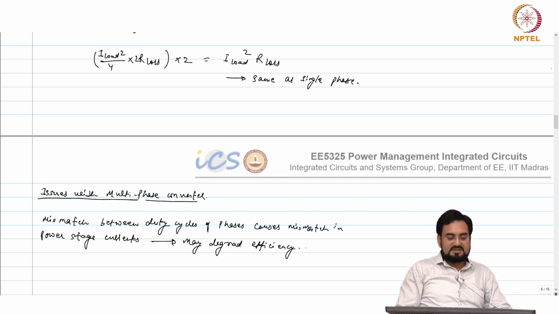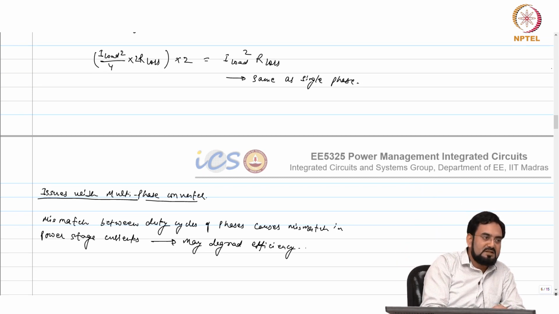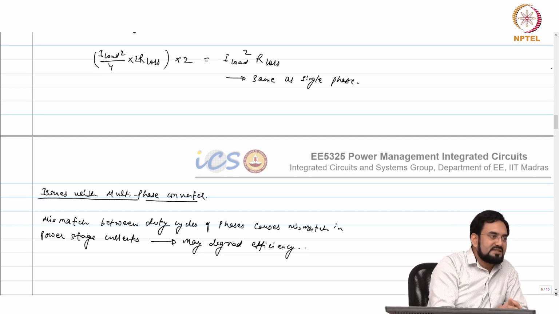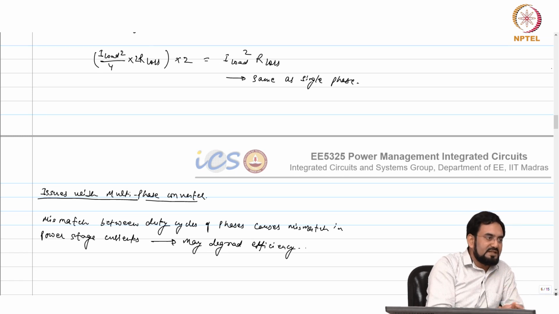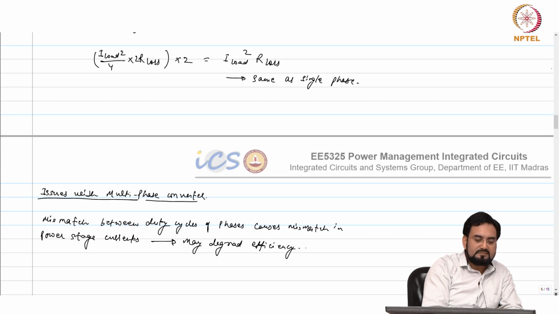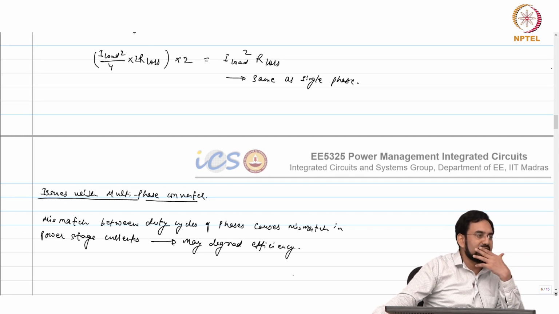So think about this. Let's say this duty cycle mismatch is in such a way that instead of carrying 500 milliamp each, one goes 600 milliamp, other goes 400 milliamp. That may happen. So the one which is carrying 600 milliamp will see a higher loss, other will see a smaller loss. On an average, it is quite possible that average loss may be higher compared to if they are equally split. Okay. So that is why we require current balancing here, which means you have to ensure that, and we know that it is because of the duty cycle mismatch, you have to match the duty cycle.